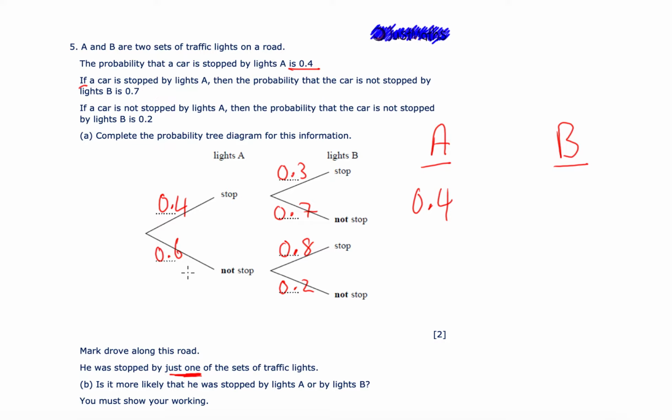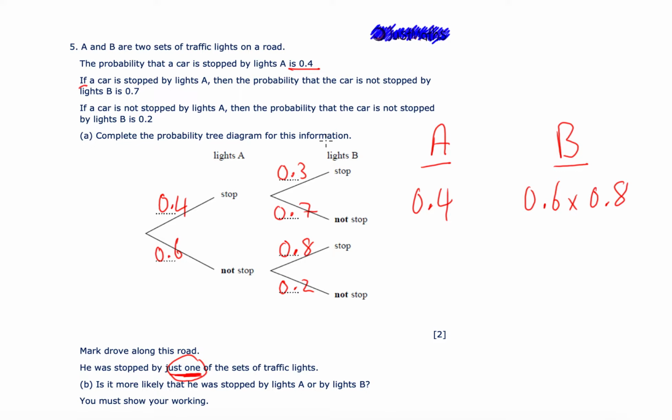So if he was stopped by just one of the sets of traffic lights, it means if he gets stopped by light B, he can't be stopped by light A. Okay, so in order to get stopped by light B, he must not have gotten stopped by A and then gotten stopped by B. Okay, which is 0.6 times 0.8. Okay, and the reason for that is because he was stopped by just one of the sets of traffic lights. If he was stopped by A and then stopped by B, he would have been stopped by 2 sets of traffic lights. Okay, so